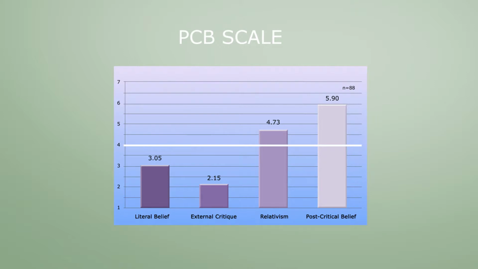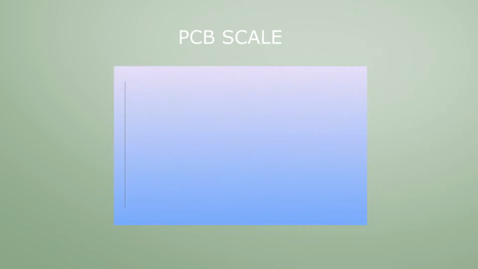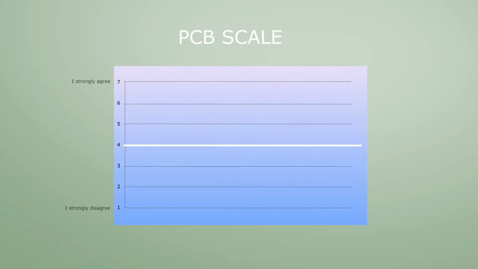Here you see the scale means graph. The y-axis on the left is scaled according to the Likert scale response options used in the surveys. From number 1, I strongly disagree, to 7, I strongly agree. The white line at number 4 is the turning point from rejection to approval. Around the white line lies a zone of doubt. The further the score raises up above the white line, the more respondents tend to agree with the belief style in question. The further the score lies beneath the white line, the more the respondents disagree with the belief style.